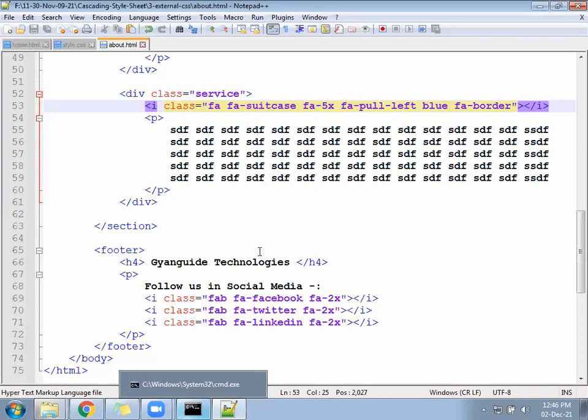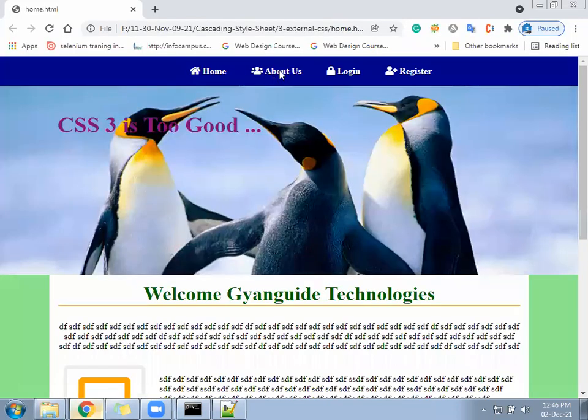Okay, ready? Now from the about file, we need to remove some contents.